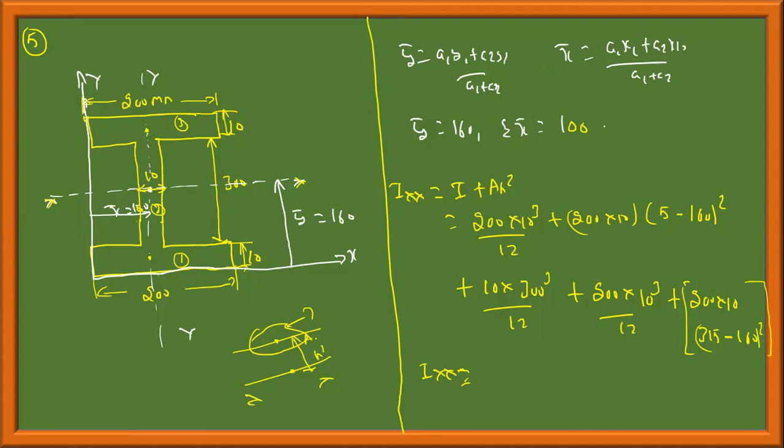These axes, x axis and y axis, are called the principal axes of moment of inertia. Why? Because on these axes the moment of inertia is maximum. How to find the principal axis of moment of inertia? The axis of symmetry is always a principal axis of moment of inertia. Both x and y axes are axes of symmetry. Hence, the moment of inertia is maximum along these axes. Okay.